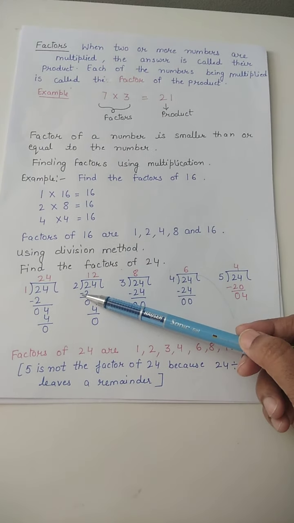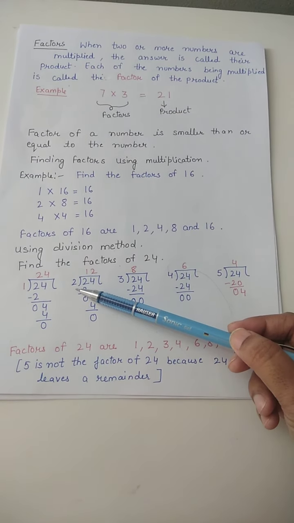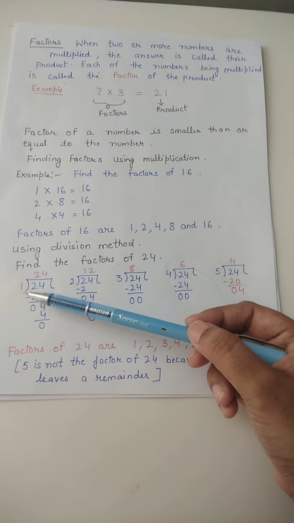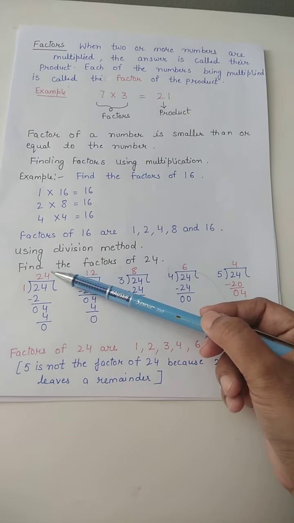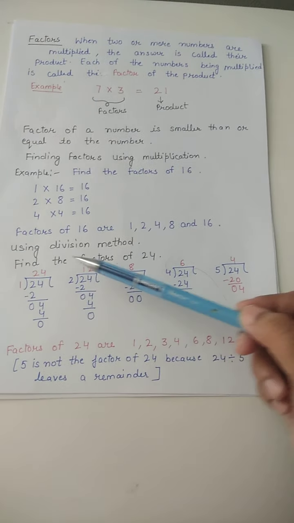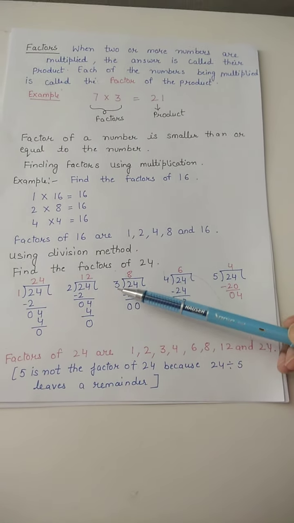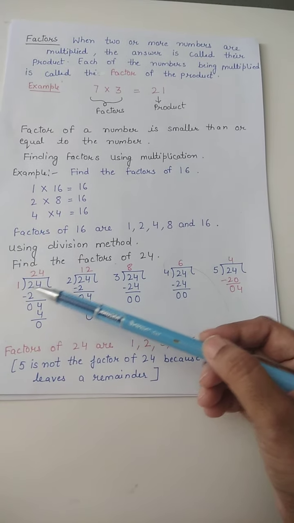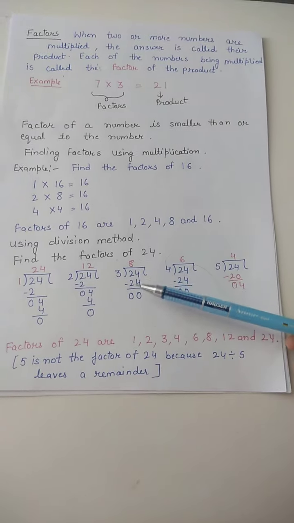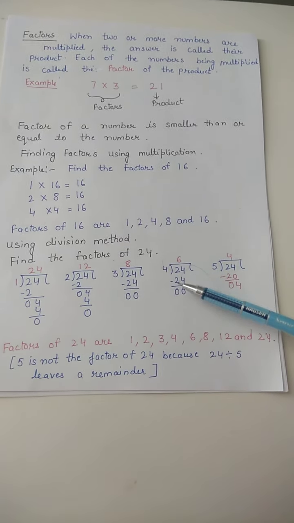Now divide with 2. 2 1s are 2, then 2 2s are 4. So what is the factor here? 2, right? 2 is a factor. One more thing I want to tell you: the number by which we are dividing and the quotient that is coming, both are factors of 24, like 1 and 24 are factors. Now here 2 and 12 both are factors of 24. Now 3 8s are 24. You can see we are moving sequence-wise, taking 1, 2, 3 and 4. So 3 8s are 24, right? So the factors here are 3 and 8. 4 6s are 24. 4 and 6 are also factors.